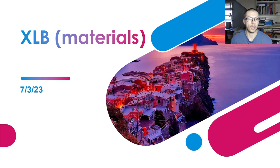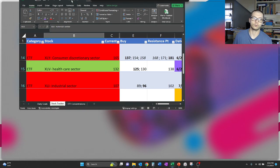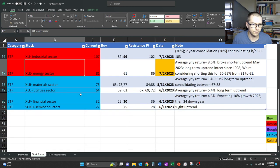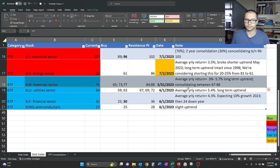Hey, so I want to take a look at XLB. This is the materials sector. Last time we looked at this, so what we're going to do is go over some news and then go into the technicals. Not much news, but I'll share what I found. Before we get to that, though, just to catch us up from last time,